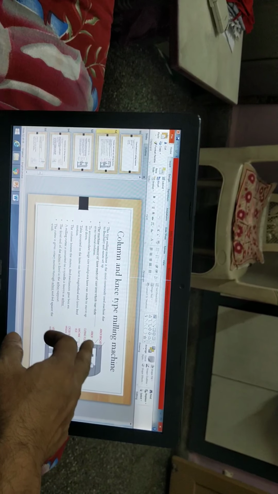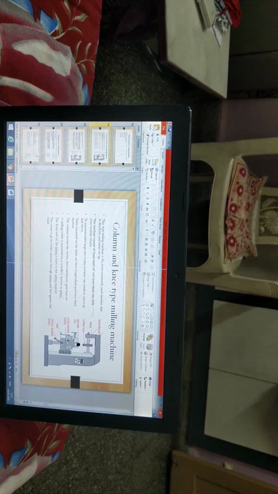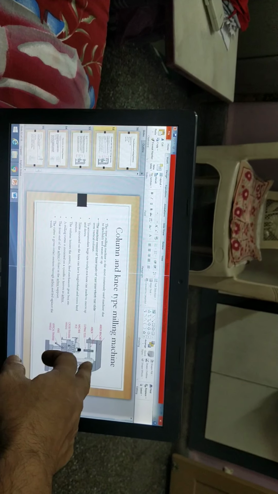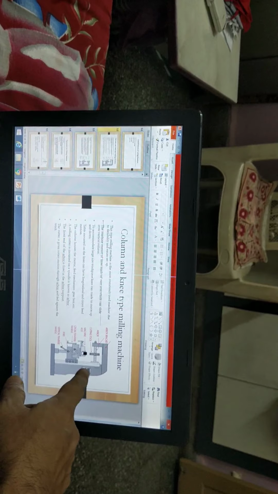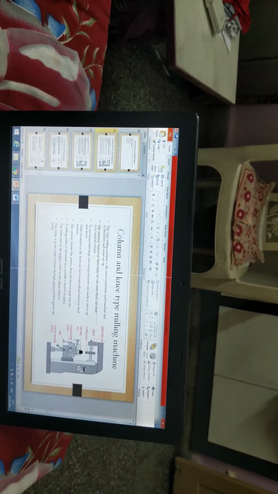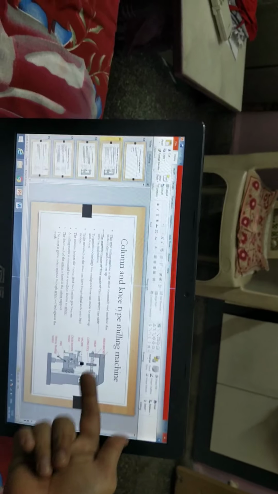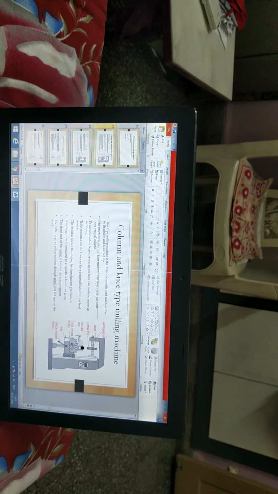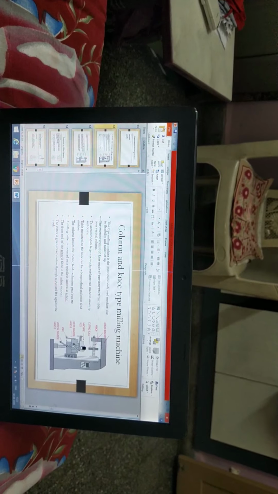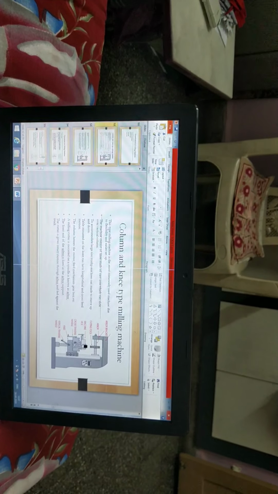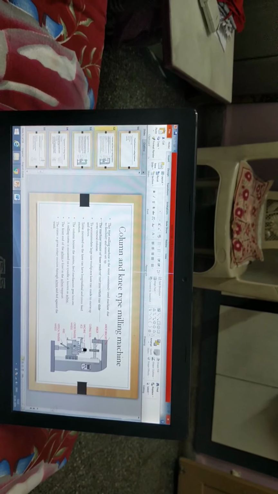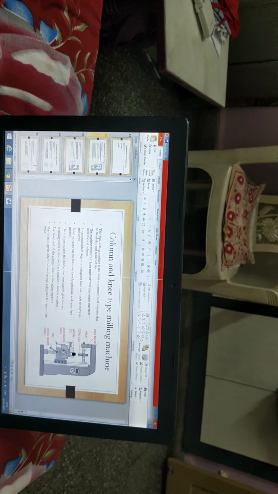There are two types, horizontal milling machine and vertical milling machine basically, and in that case the horizontal milling machine has an arbor mounting arrangement. With the help of that, the arbor is given a support. That arbor is nothing but a shaft which is connected to the gearbox inside the column, and it is supported within the arbor support with the help of the arbor bracket, and we are giving the movement to the cutter, and its axis is horizontal, and the workpiece axis is parallel to each other. Horizontal axes are parallel to each other, and in vertical milling machines